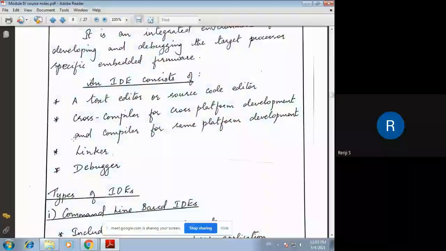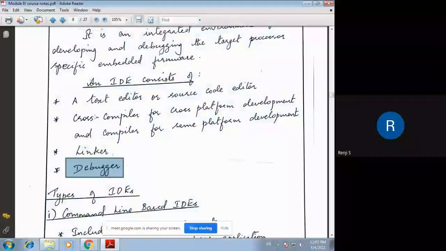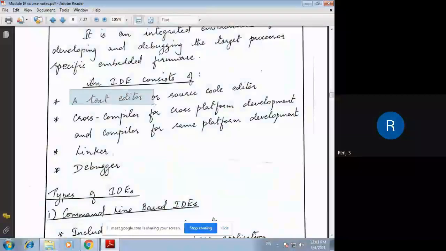Then you need a linker, because, as we said earlier, there should be a linker program to link the code. If we are developing in modules, they need to be linked to memory addresses. Then there is a debugger for debugging the firmware that we have written. So the most important components of an IDE include a text editor or source code editor for writing the code.